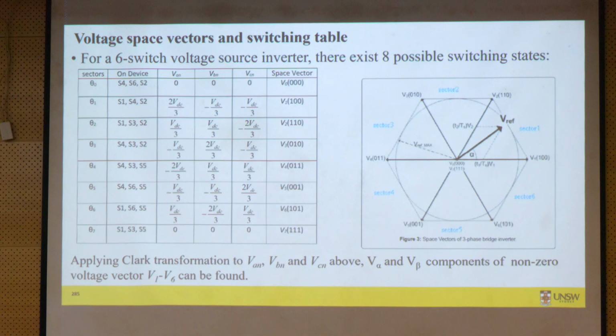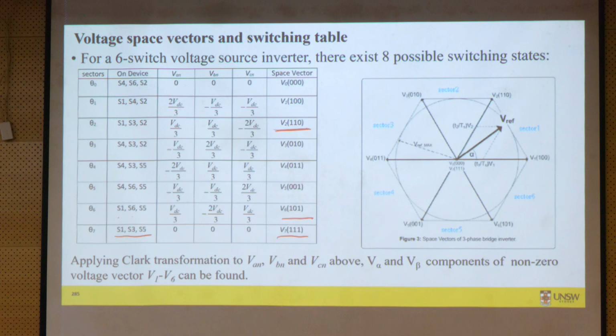So for example, let's say you want a V2, as in our previous case. V2 means switches S1, S3 and S2 must be on. Okay, so that's the switching table. If I want V6, switches S1, S6 and S5 must be on. And if I want zero voltage, that means V7, these three must be on. Okay, so this table,